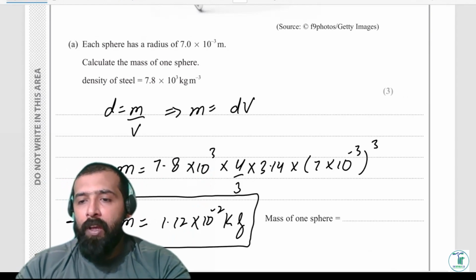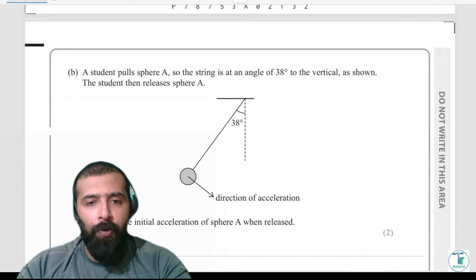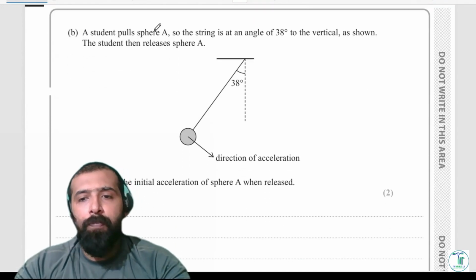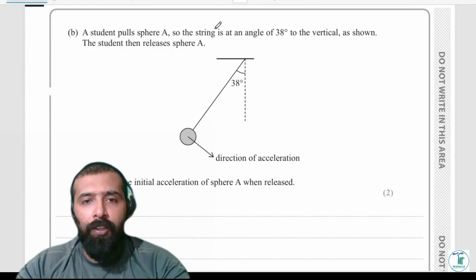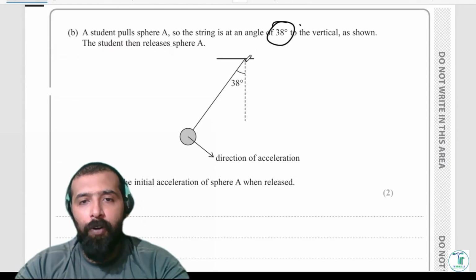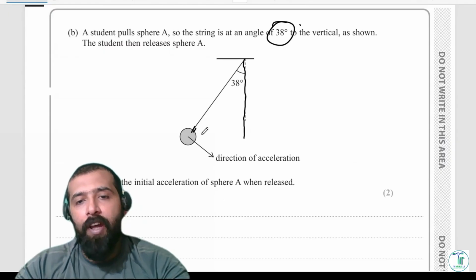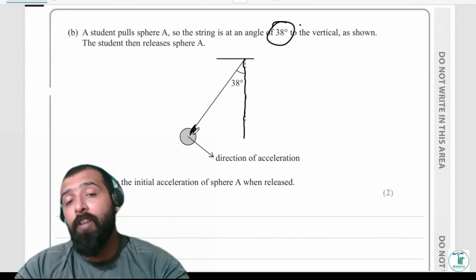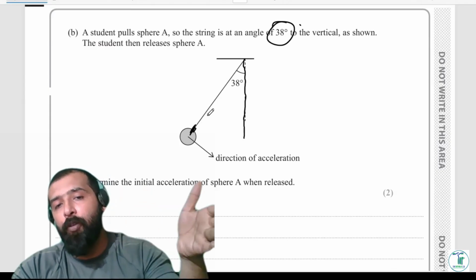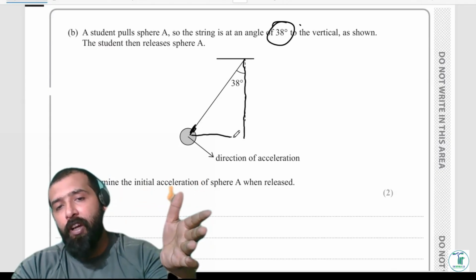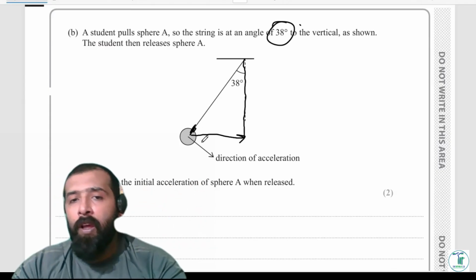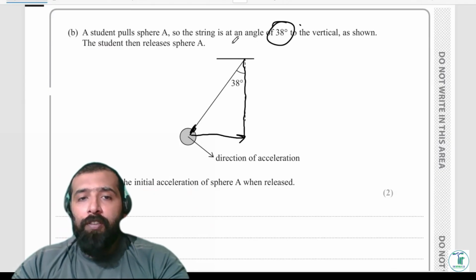Got it? Now, after this question, we have something like: the student pulls sphere A so that the string is at an angle of 38°. So you've got an angle of 38° over here. I'm just going to complete the triangle. Since it has got to its maximum position, the direction of acceleration has to be from here, right? So, as shown,